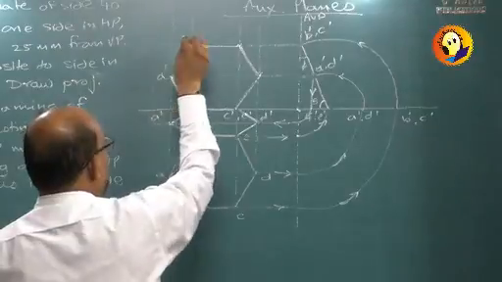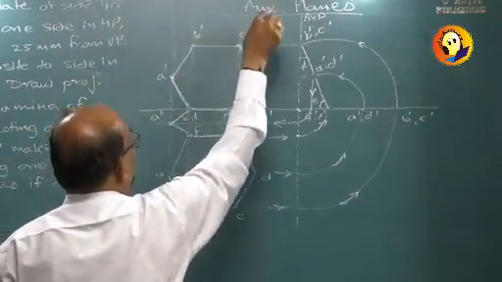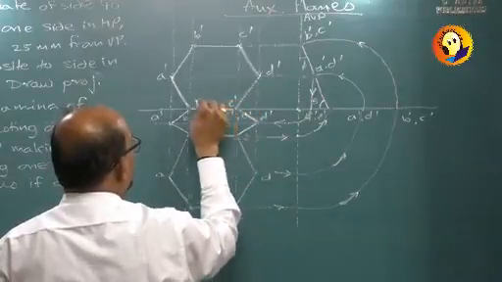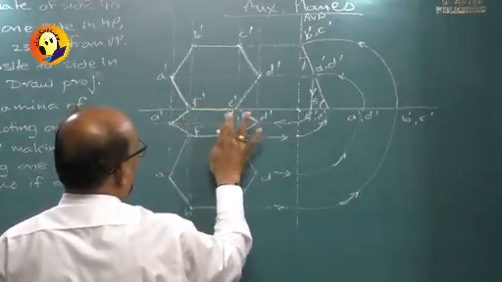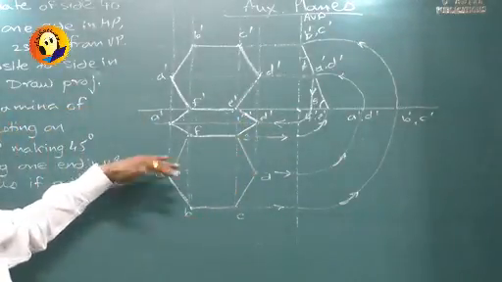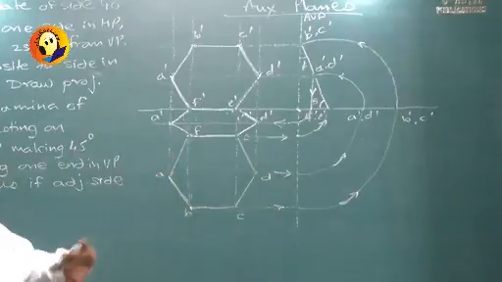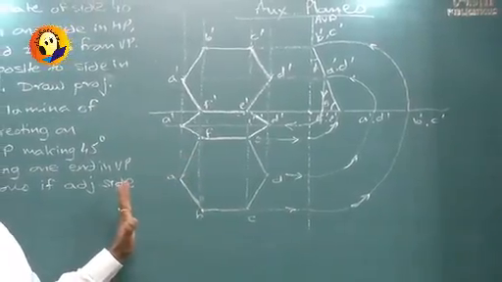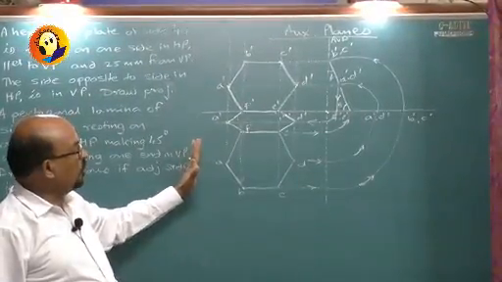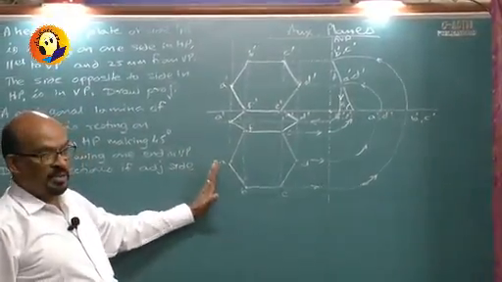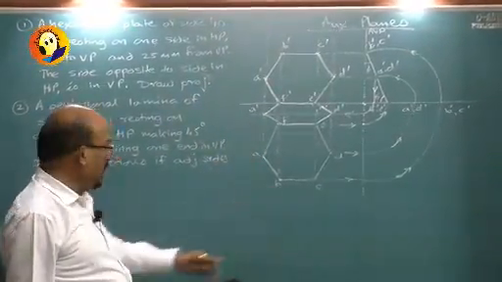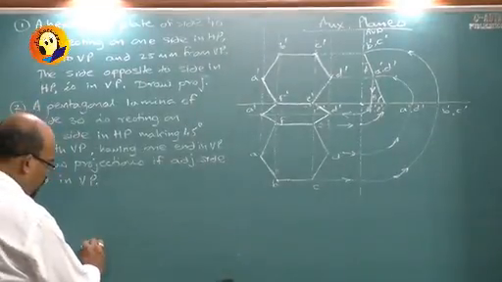So this will be A dash, B dash, C dash, D dash. This will be E dash and F dash after rotation. This particular problem cannot be solved otherwise. There is no way. We can't take the line of rotation initially perpendicular. So there are very few problems where there is an exception that you will have to start in a particular manner. Now the second problem that we have